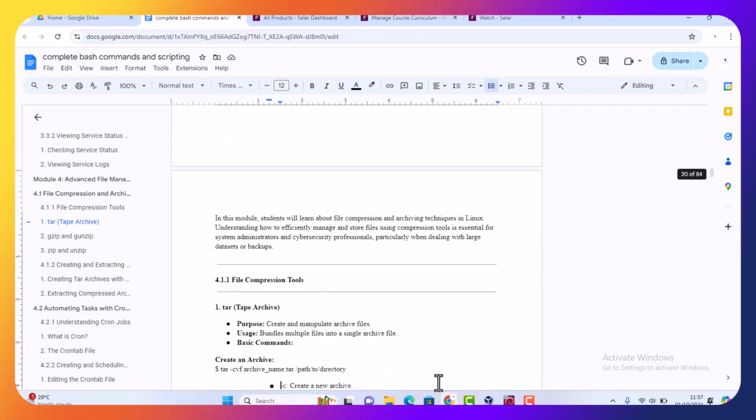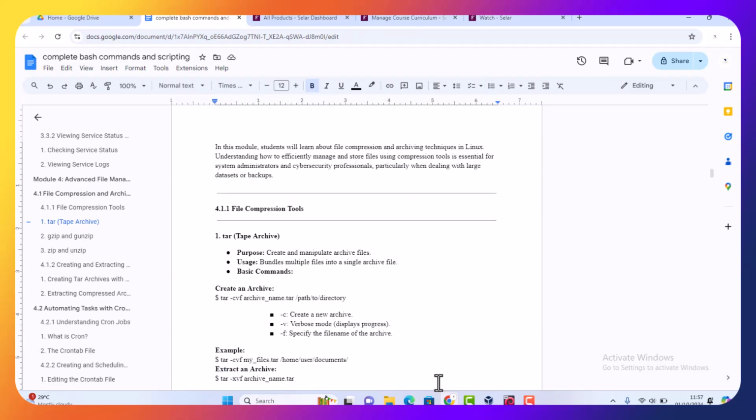So the first thing we want to look at is file compression tools, and we'll be looking at tar. What is tar? It means what? Tape archive. Tar means tape archive. The purpose of tar is to create and manipulate archive files and bundle multiple